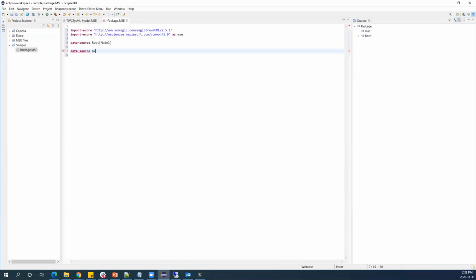Say I want to create a data source to get packages inside the model. It's equal to root slash, and if I use Ctrl+Space, you can see the different queries that are possible. For viewing or creating a package, I'm going to use the package element, package.